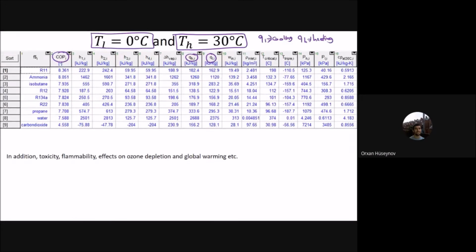Therefore, that is another thing that we should consider. For water, you can see it is very high. For this one, it is high. Ammonia is also high. For other refrigerants, you can compare the values. And one more important thing here is